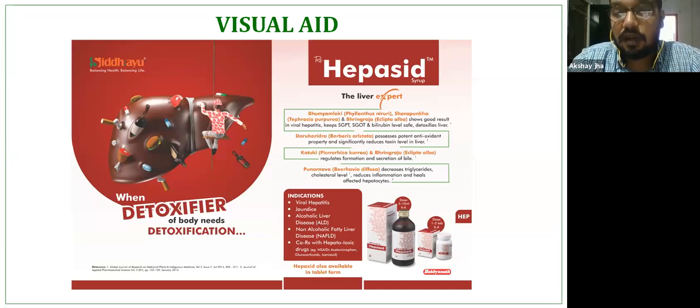Now always remember that when you are making a visual aid, you need to make sure that the entire content of the visual aid can be completed by a medical rep in a maximum of 1.5 to 2 minutes. You put in only that much matter, right? If you have observed, when I gave you a brief description, I talked about the brand name, the tagline, and quickly gave an idea about 4 points. These are the indications, and doctor, whenever you see a patient, please prescribe.